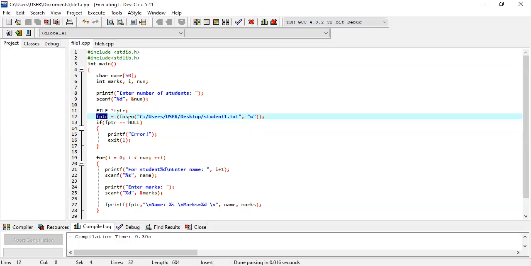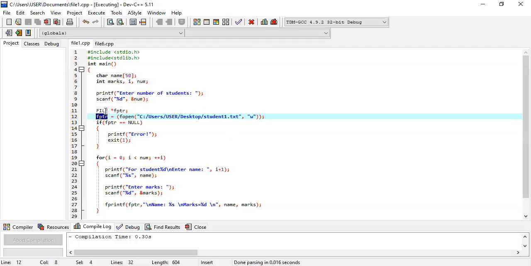Whenever I open any file, either in write mode or read mode, all the characters of your file, whatever the information, maybe sentences, numeric values or character values, are pointed to character by character by FPTR. So all the information you wrote in student1.text is pointed to one by one by FPTR.